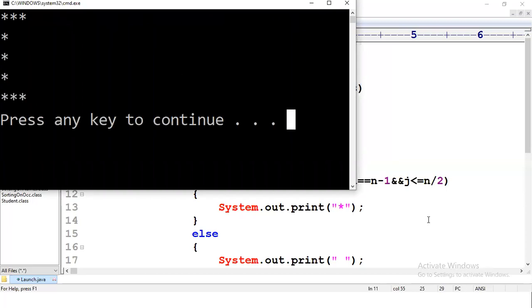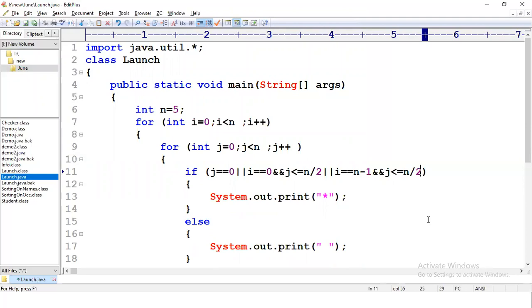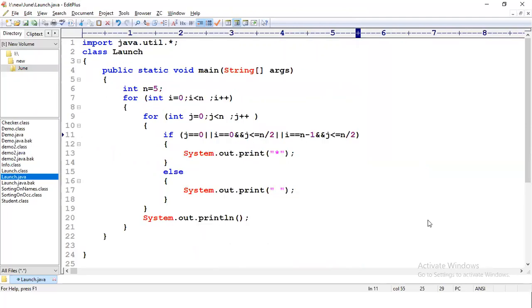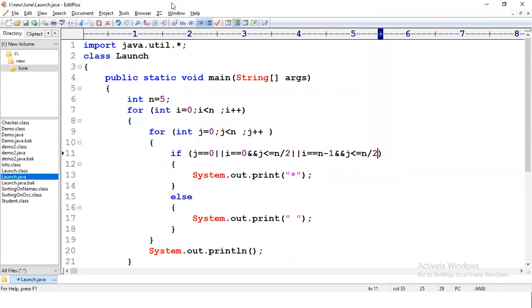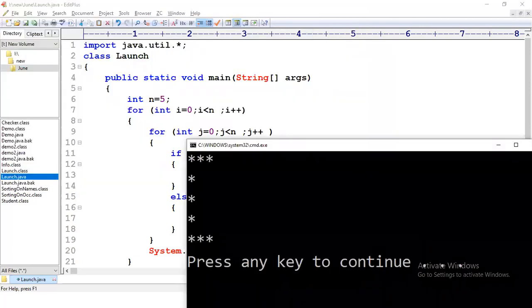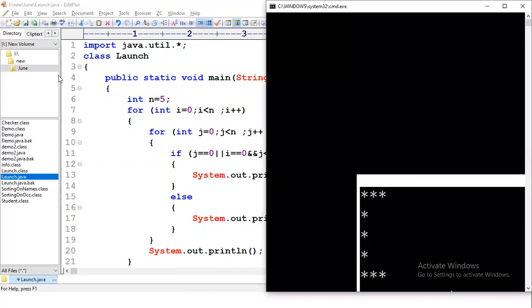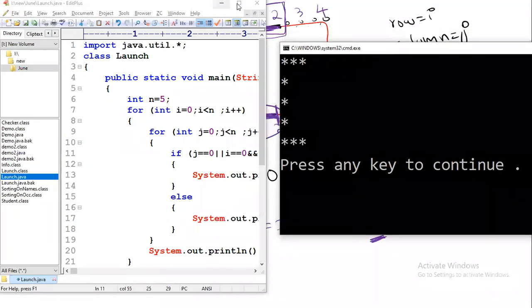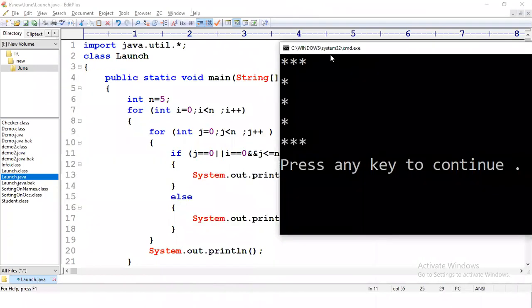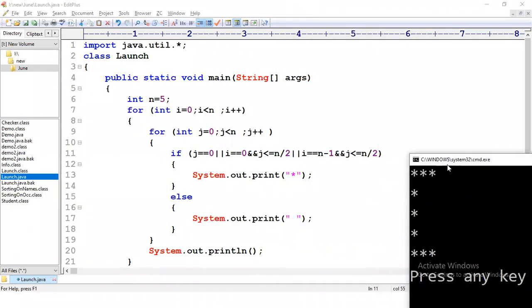Okay, so take this screenshot. I'll be showing you the output also here. Yes, we can take the screenshot now. Just a minute. Yes, we can take the screenshot. So I hope you are taking the screenshot. Now let's see